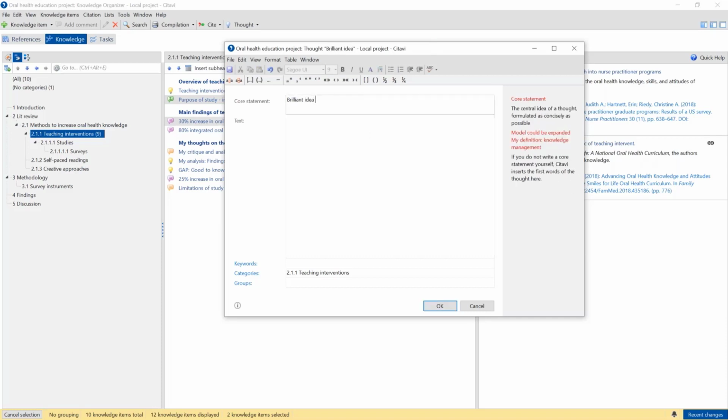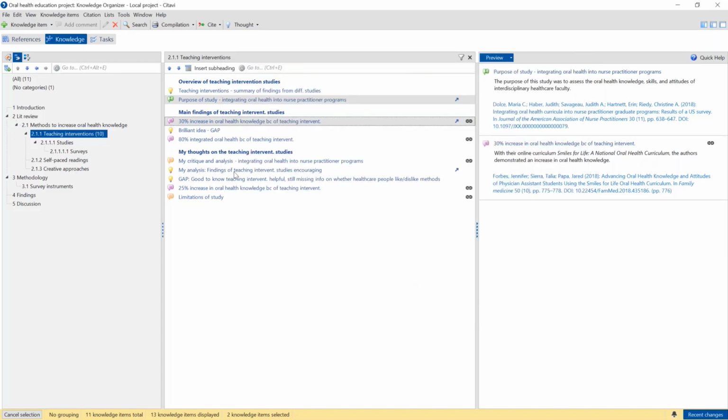So for example, if you identify a gap in the research, then you could add that. So that's kind of Citavi in a nutshell. There are a lot of other features as well, but this is usually then what you would do before going